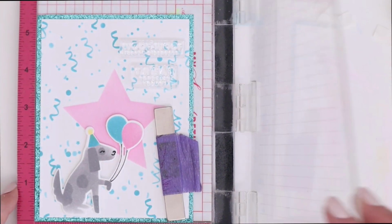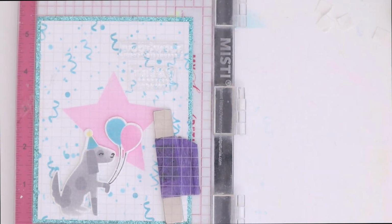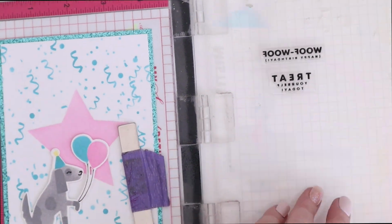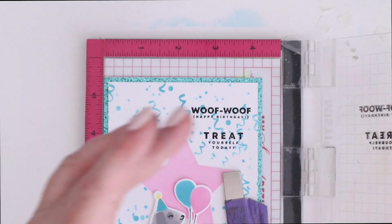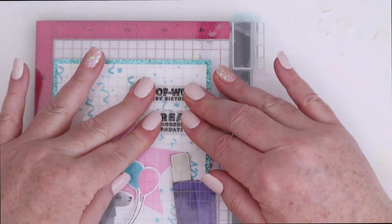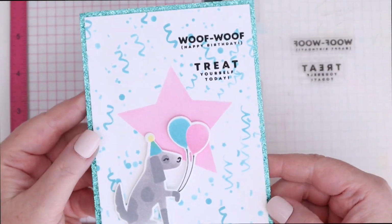And now I'm going to stamp 2 of the sentiments again. I'm stamping over the Distress Oxide ink blended confetti. So I am going to use VersaFine's pigment ink. It's black onyx, and it will sit on top of everything else that we already did on this panel. I do stamp it twice though, still, just to really get that crisp black impression that you can really see